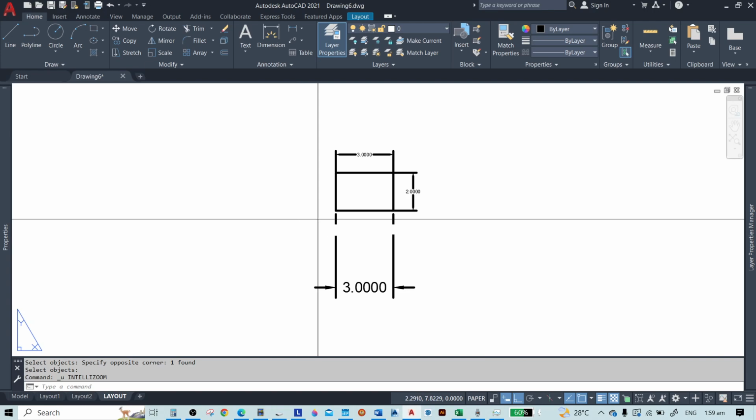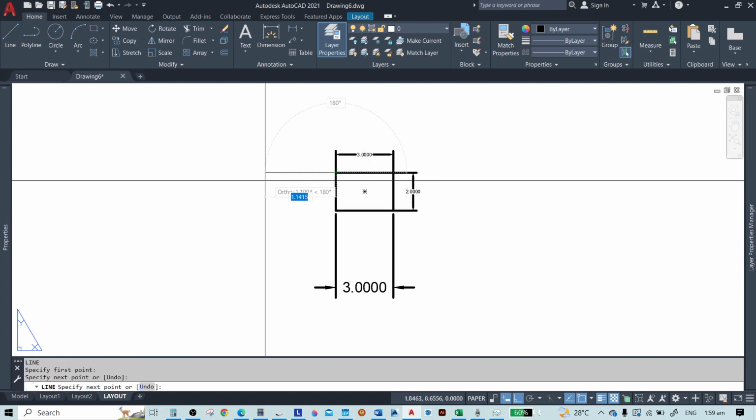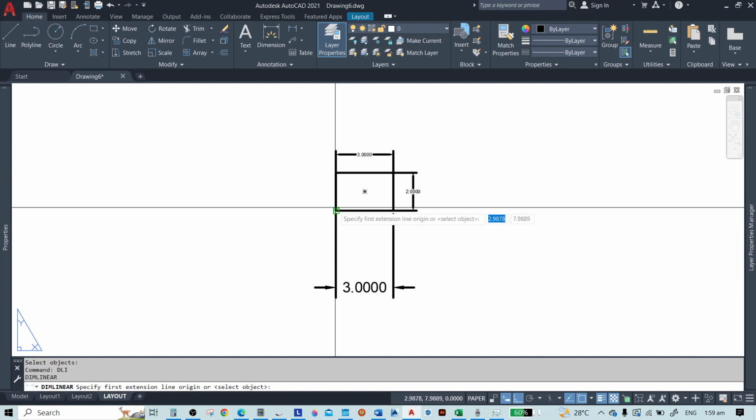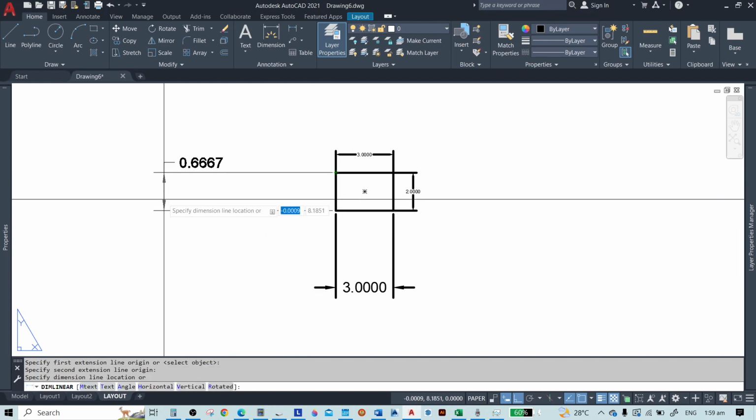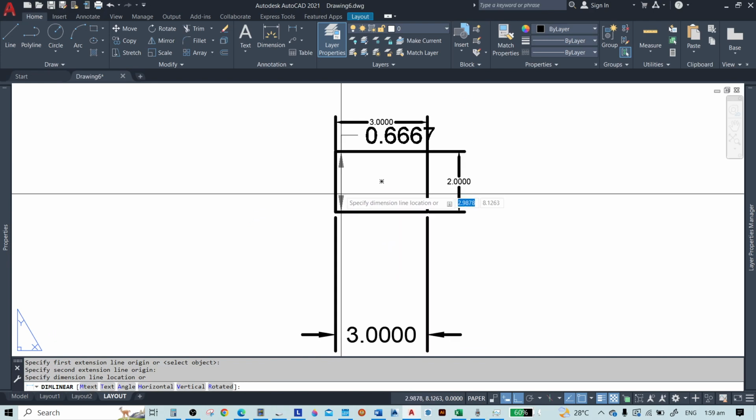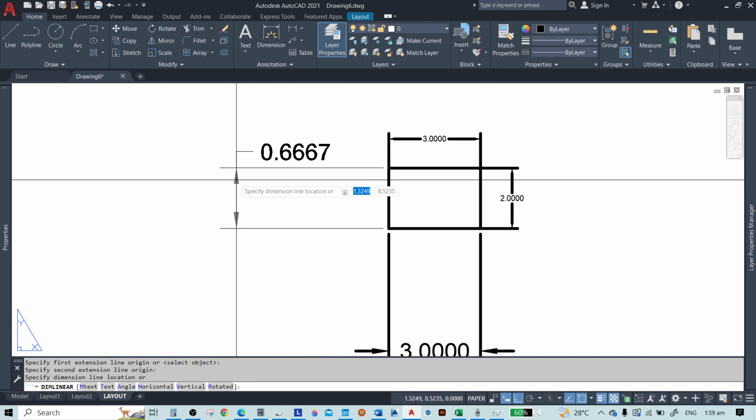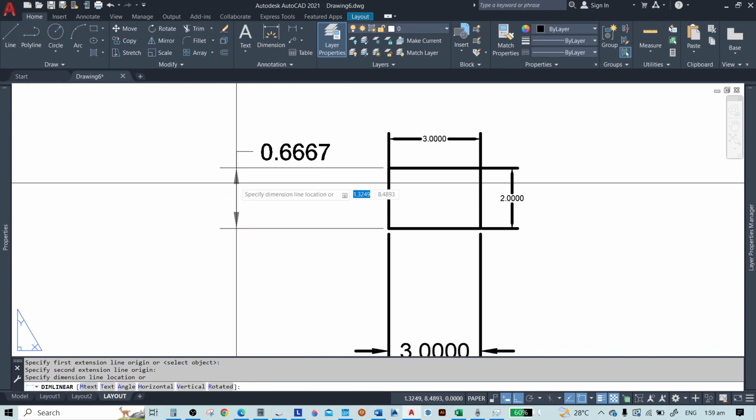So let's say for example, this one, I will dimension this. Sorry, well, add a dimension to this part here. Oops, as you can see, this is also what I want to inform you.